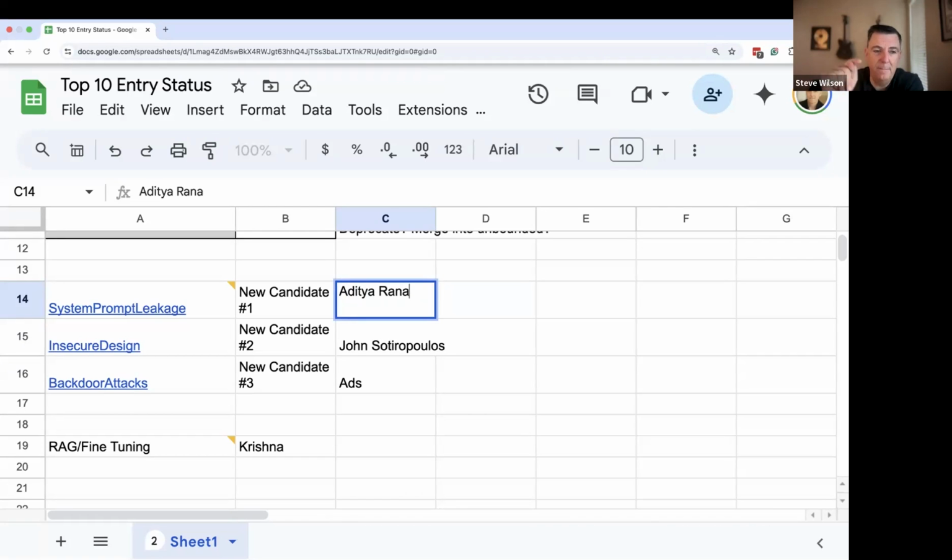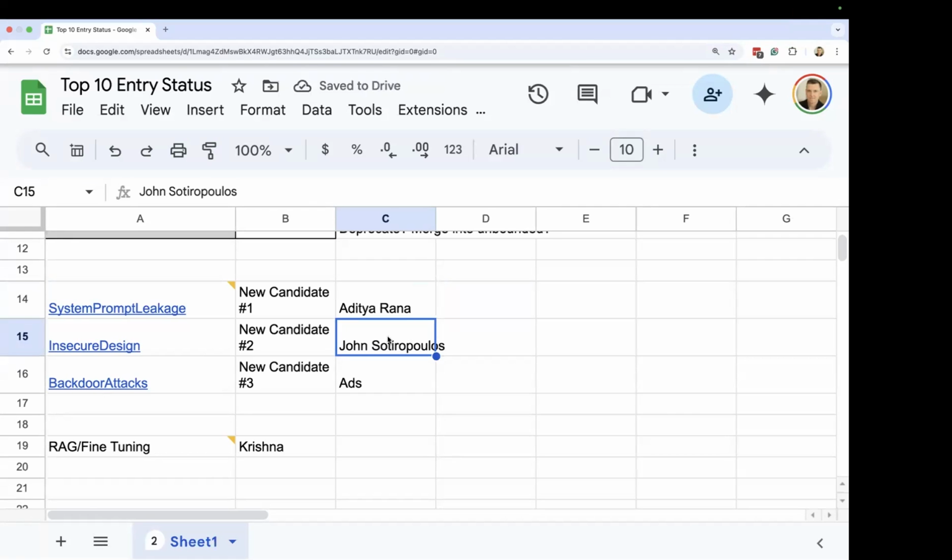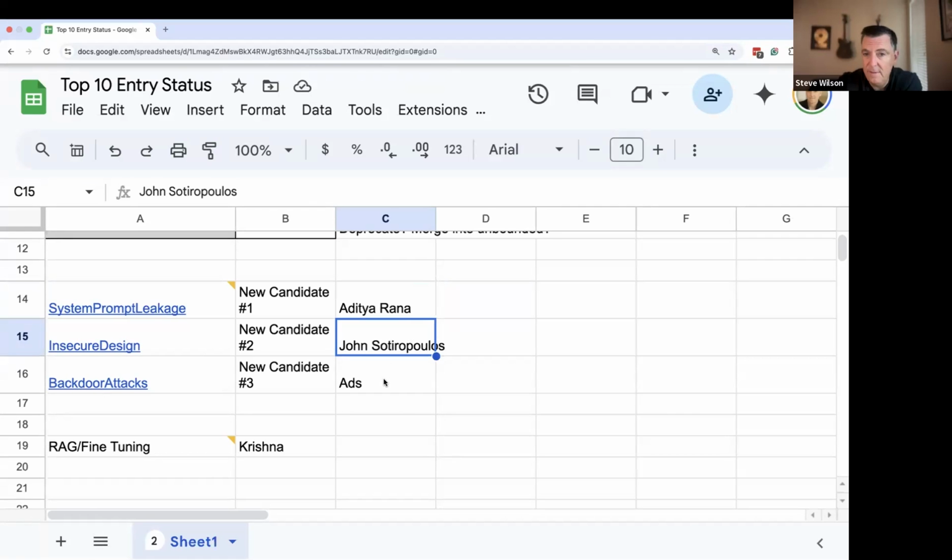I think the basic concept of this leakage basically being a vulnerability that opens up other things, that is what people were keyed in on. I think there are some things to do to make it fit the format, but I'll work with you on that. So I'm going to mark you down as the owner. Yeah, sure, Steve. Okay. I don't think we have John or ads. They're both in the busy camp right now. I'm going to work with them to see if they're going to have time this month to update these. If not, I'll work with everybody to find reassigned owners for these.